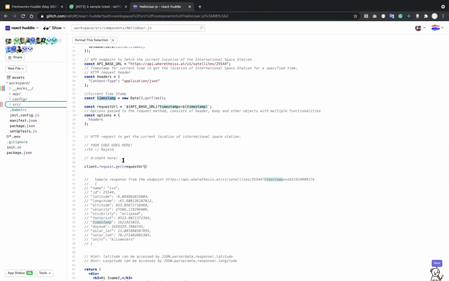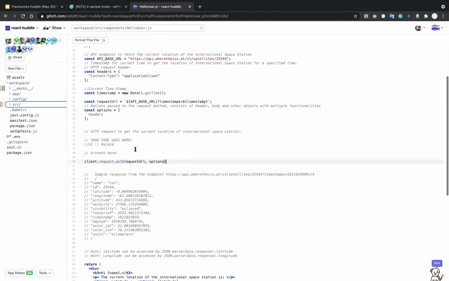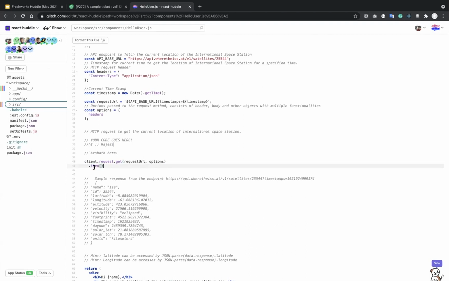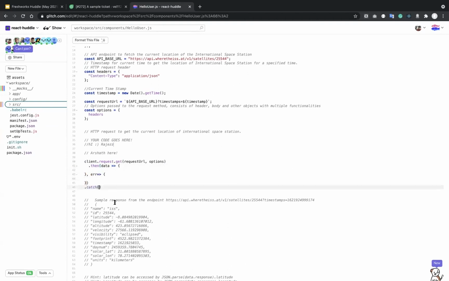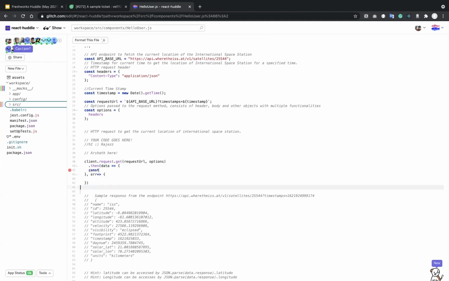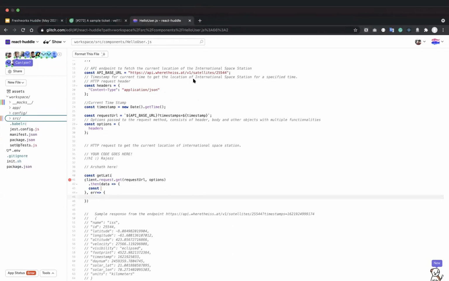So what Ashit and Rajesh are going to do here is use the request method to get the location of the International Space Station and update these 2 values, latitude and longitude. Probably Ashit can take latitude and Rajesh can work on longitude. And if I have someone else, they can work on the catch function. Okay, someone has already started it. So while Rajesh and Harshit code, let us check if you have any questions.